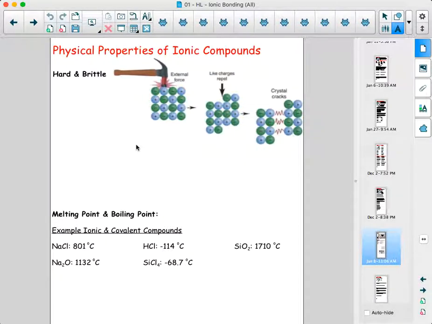So the physical properties of ionic compounds can be explained if we consider the theory about how ionic compounds stay together. An ionic bond is the electrostatic attraction between oppositely charged ions, and that leads to a non-directional bond where the oppositely charged ions surround one another. The classic example being sodium chloride, where you get sodium ions surrounded by six chloride ions and chloride ions surrounded